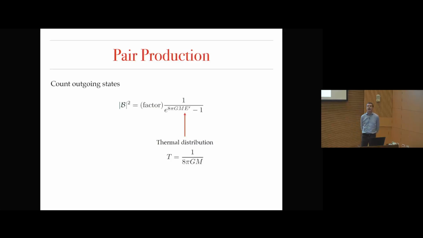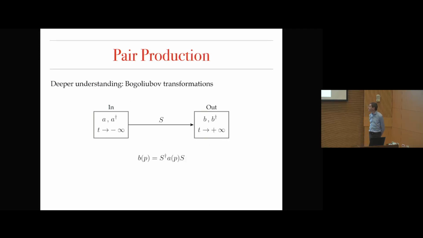Now, that crossing, I waved my hands a little bit. I said that I was being bold. But to get a deeper understanding, it's useful to think about the theory of these Bogoliubov transformations. It's been traditional, of course, to think about this Hawking radiation in terms of Bogoliubov transformations. And all I really want to tell you about these things is that they're also familiar to us in the world of scattering amplitudes. They're basically amplitudes.